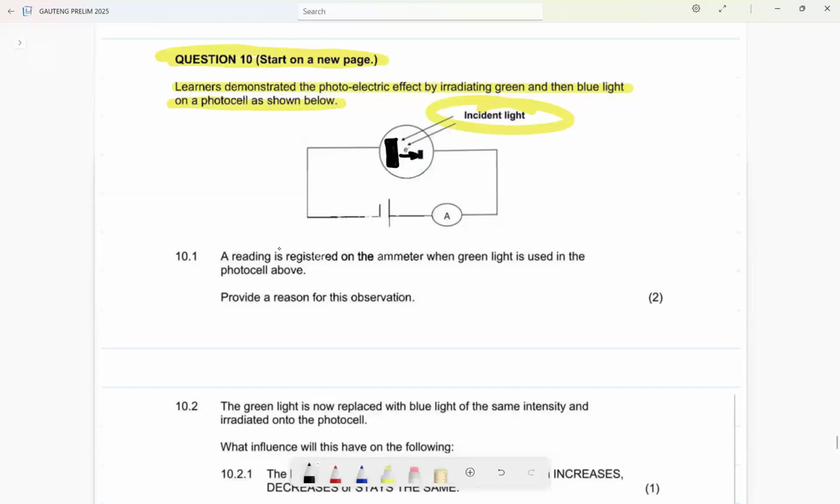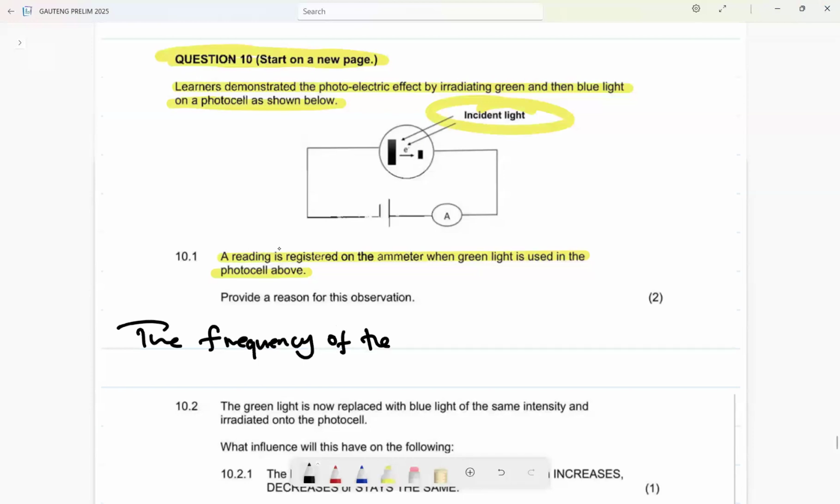Then we are told that a reading is registered on the ammeter when green light is used in the photo cell above. So if there is a reading here, it tells you that electrons were emitted, and there was a current reading. So why is this happening? It happens because the frequency